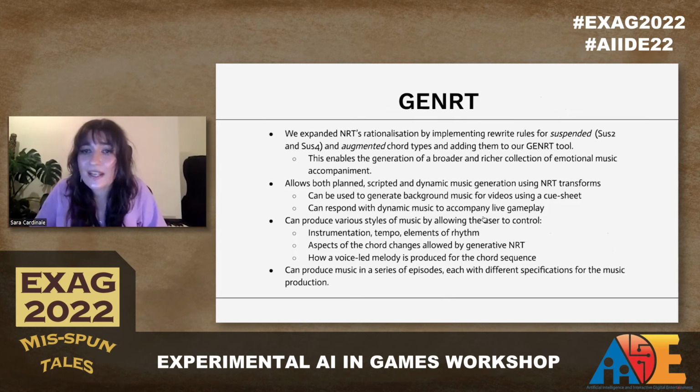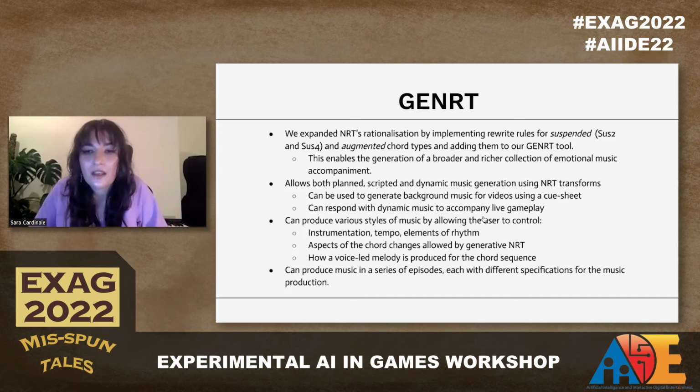So we expanded the rationalization by creating rewrite rules for suspended and augmented chord types and adding them to the GenRT tool together with the original rules. This allows for a broader and richer collection of emotional music to be generated, as we now have 5 different chord types. GenRT allows both planned, scripted, and dynamic music generation using NRT operators, which means it can be used to generate background music for videos using a cue sheet, but it can also respond with dynamic music to accompany live